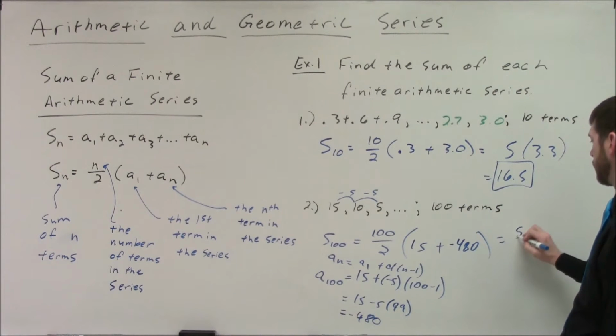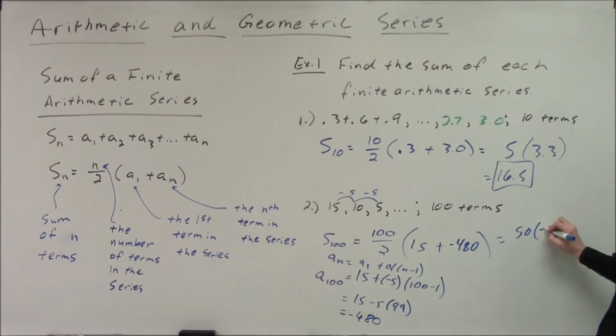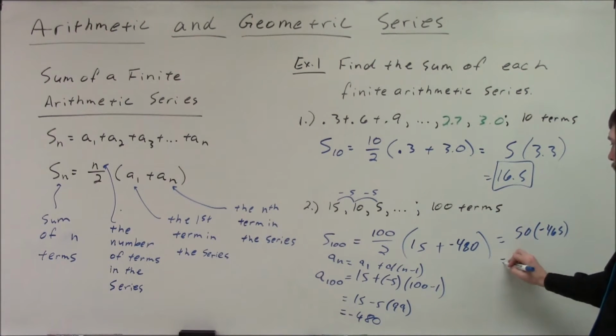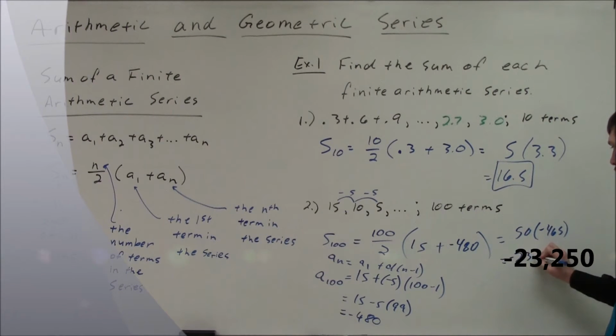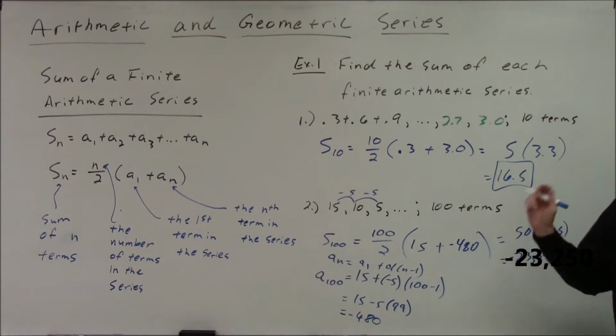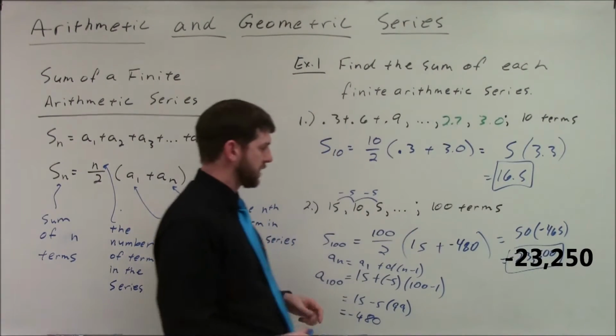Now finish it off by doing the arithmetic. 50 times whatever 15 minus 480 is, so that's negative 465. And 50 times negative 465, you have to help me on that one, is negative 23,500, assuming my arithmetic is correct on that, is the sum of this finite